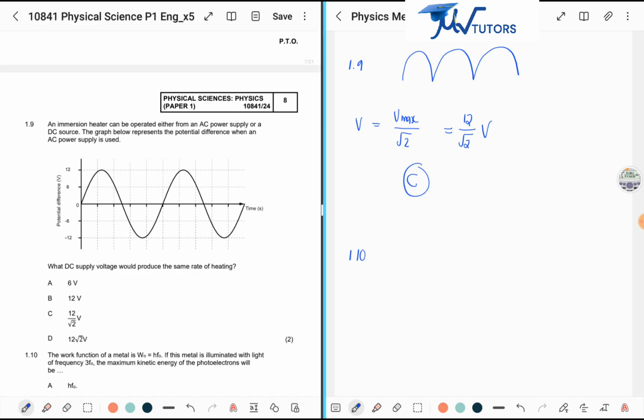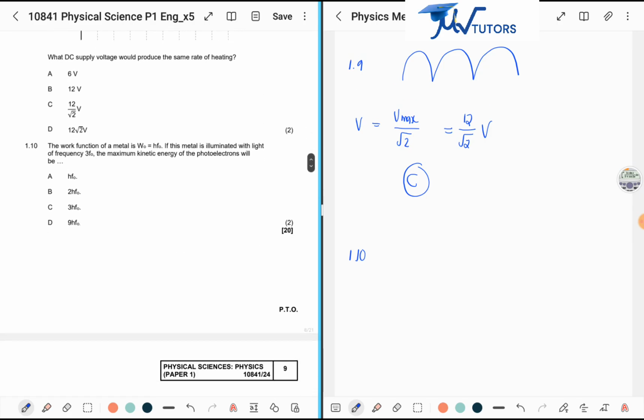And finally, the last question, 1.10. The work function of a metal is that. Okay, so the work function is Planck's constant times that frequency over there, threshold frequency. If this metal is illuminated with light of frequency 3 times f0, or threshold frequency,